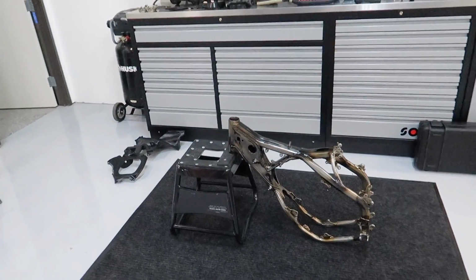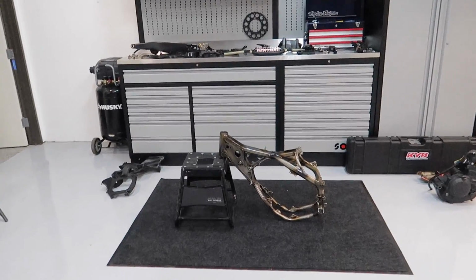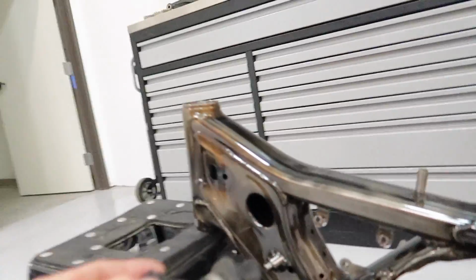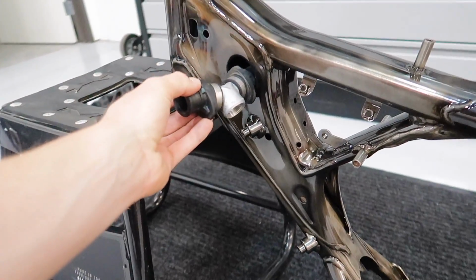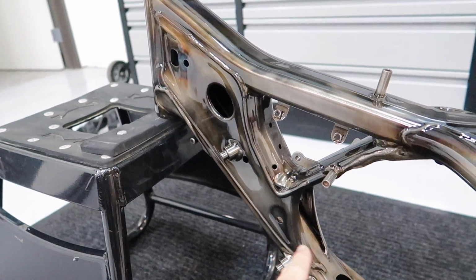So wish me luck, here we go. Let's start this build on the KTM 450. All right, so correction, there is this T that the radiator hose uses that actually sits inside the frame in here. So I'm gonna go ahead and put that in first, and then I need a special tool to tighten